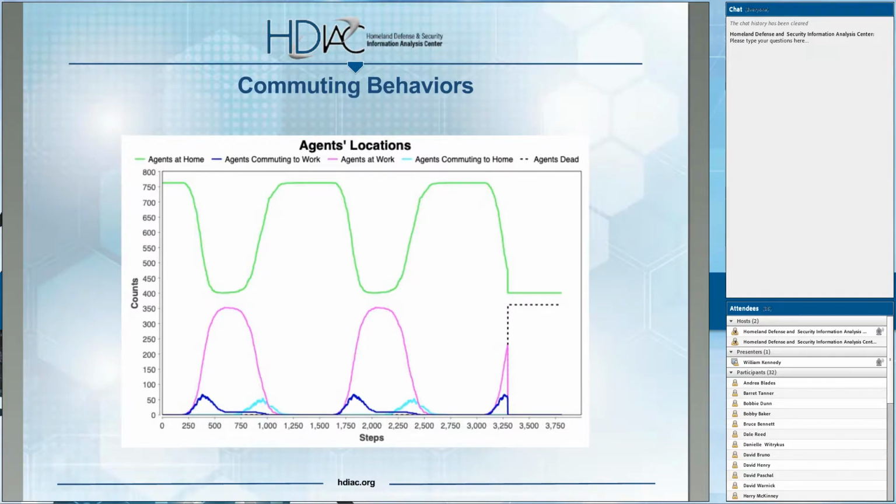So this next image is a synthesis of their commuting pattern. The green line is the number of agents at home. The pink line is the number of people at work, and you can see the morning rush hour and the afternoon rush hour on each of these first couple of days leading up to the nuclear WMD event going off on the third day, shortly after everybody gets to work. Well, not quite everybody got to work that day. But we demonstrated the routine patterns,